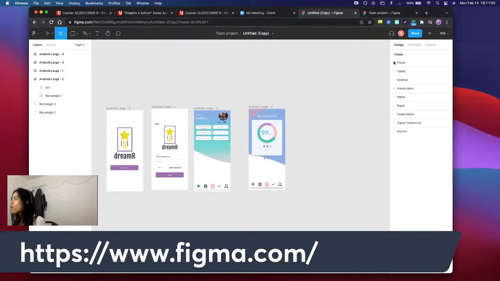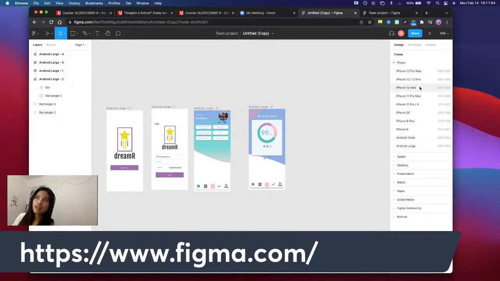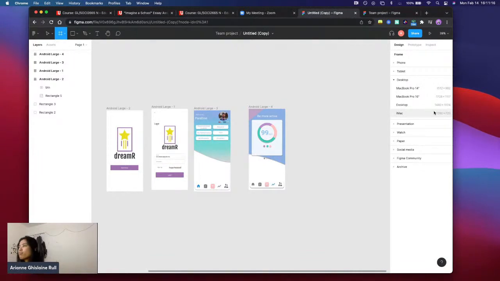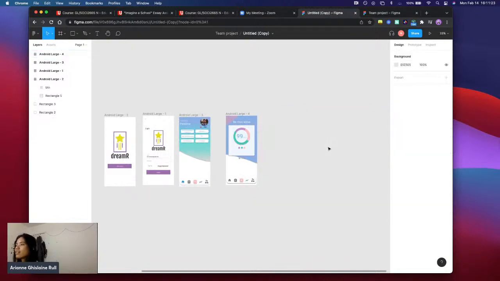You can choose for a phone, a tablet. So if you want to make an Android application or a mobile app, you can choose whether you want it to be on an Android or an iPhone, and then a tablet. And then for a website, you will probably use a desktop or something like this. You can design your website in there,